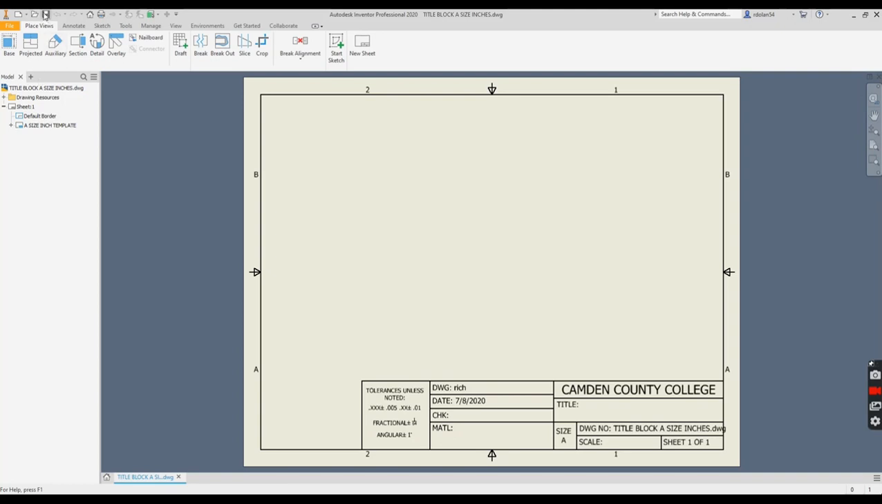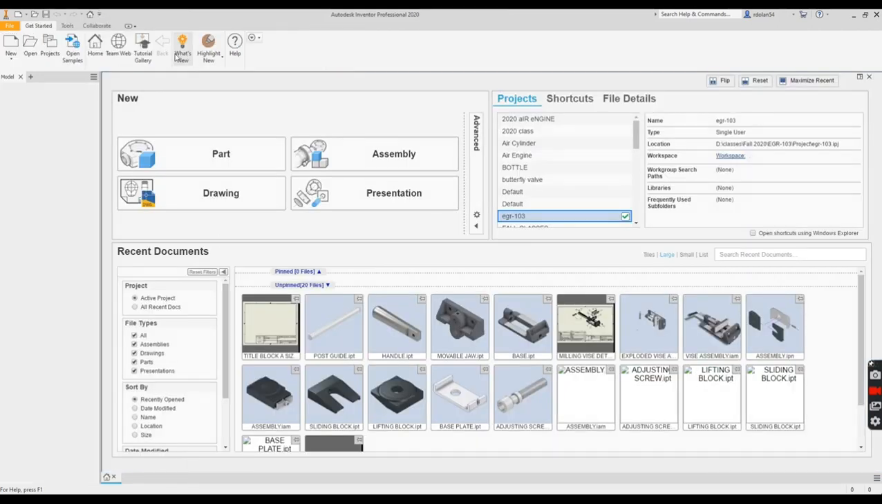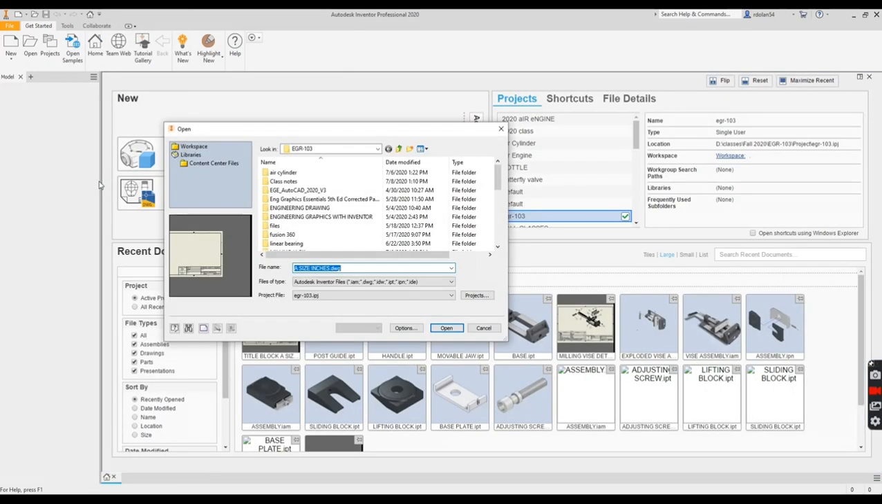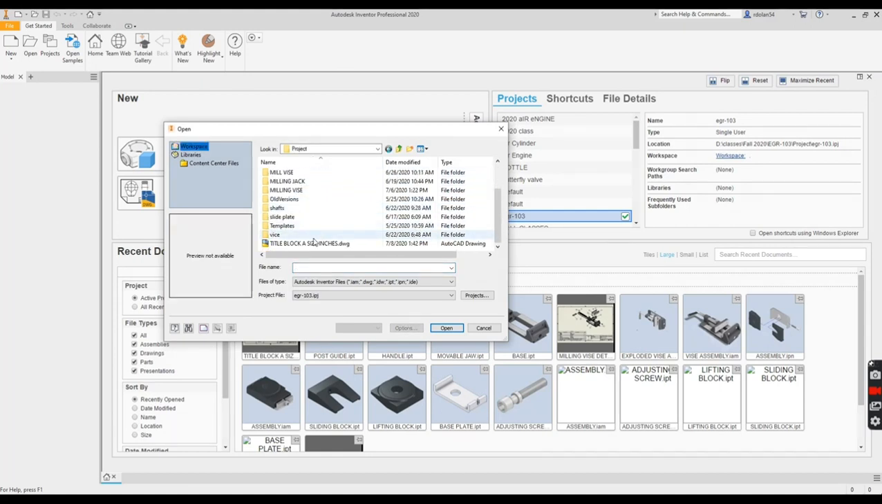So now when I'm going to use my title block, instead of starting new, I'm going to go and open. Okay, so let me actually go here, close that, and I'm going to go to open. Now I have to remember where I saved it. Now I noticed that I saved it under project, and here is the title block A size inches,